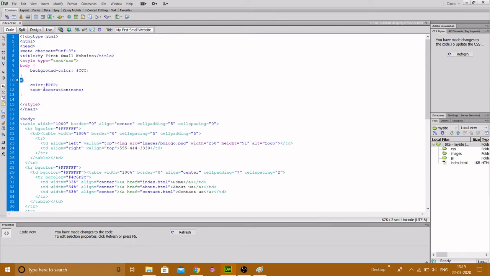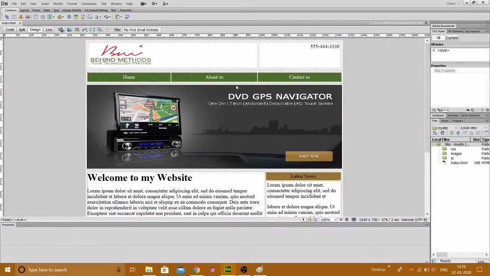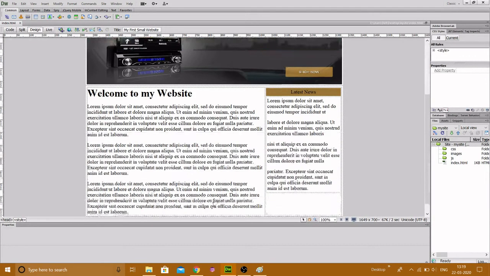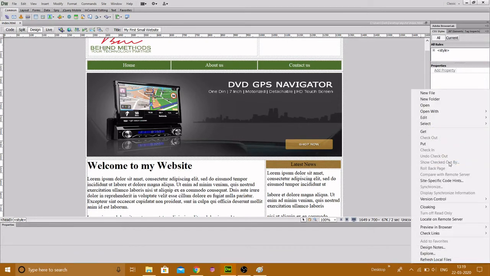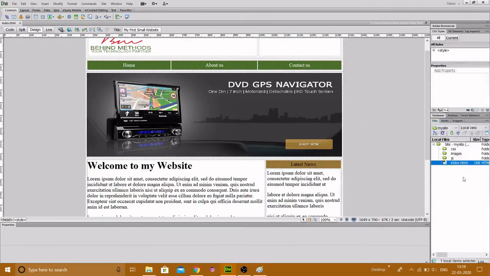For A, I have given this property. For body, I have given this property. I click here, I go here, and all my A's are white in color. Okay, so this is white in color. So what I am doing right now, I already have about us and contact us, and I am going here, right click it, click on edit, copy, and